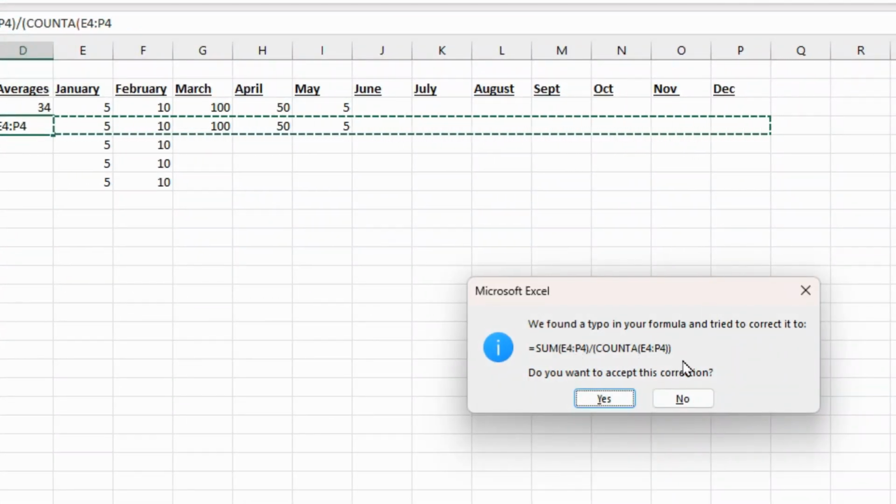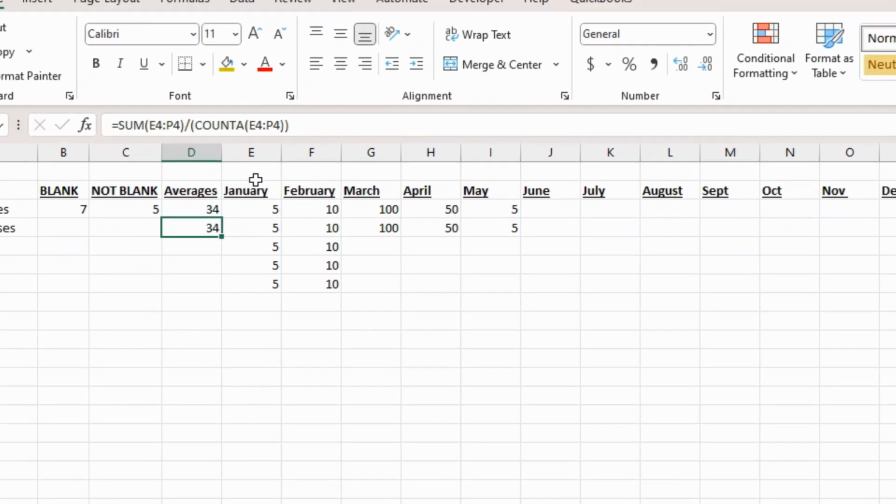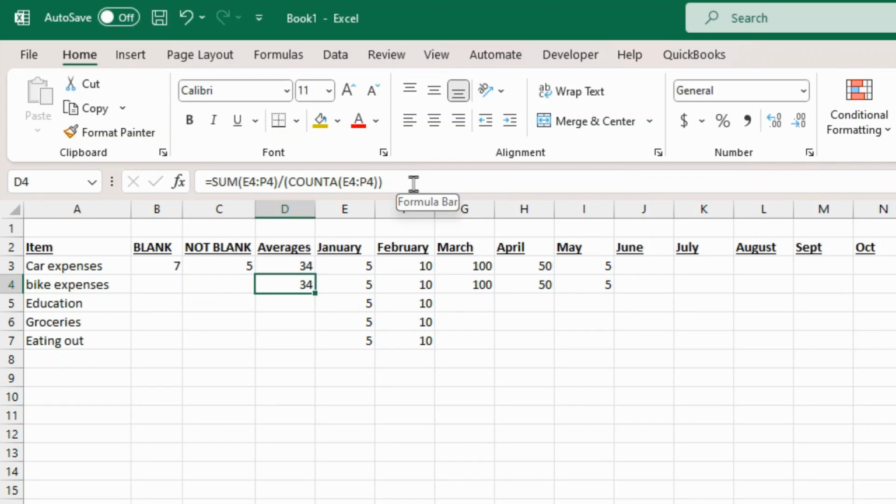It tells us here that we forgot to fill in the bracket at the end, so it's going to add that in for us, and we'll say yes to accept that. Now you can see that it's filled in correctly. We've got the sum divided by the count of what is not blank or actually contains content,